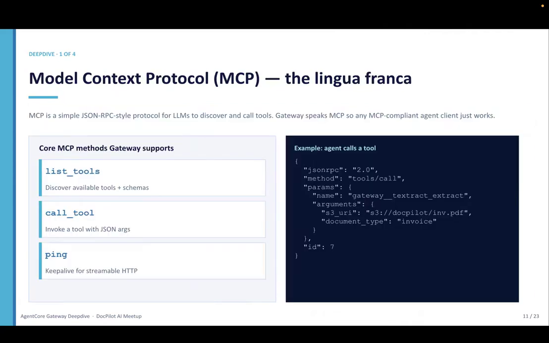So how we are doing it is, we created the call for calling Textract as a service of AWS, right? We use that as a tool, and it is hosted in a Lambda function. So over HTTP, the Agent Core gateway finds out, okay, there's a step I need to do. This is a tool, which is a Textract tool. And within that Lambda function, we have called AWS Textract to extract the content from the document and share the response.